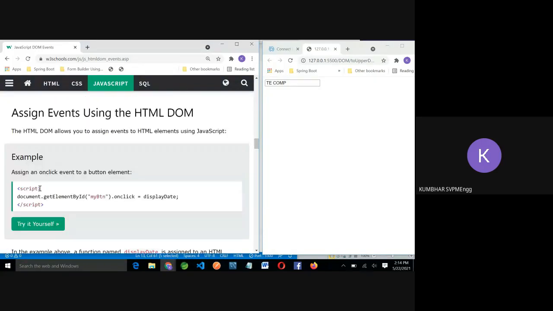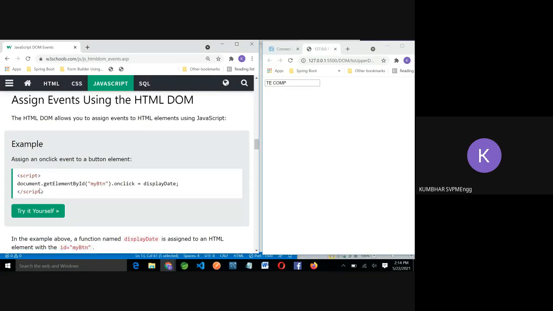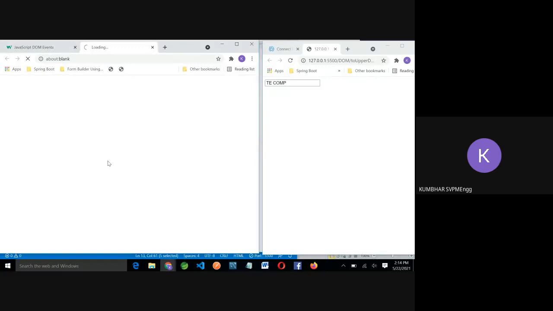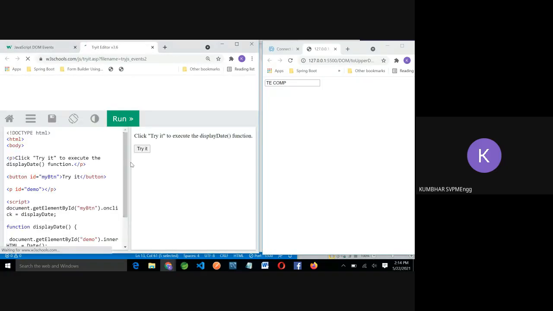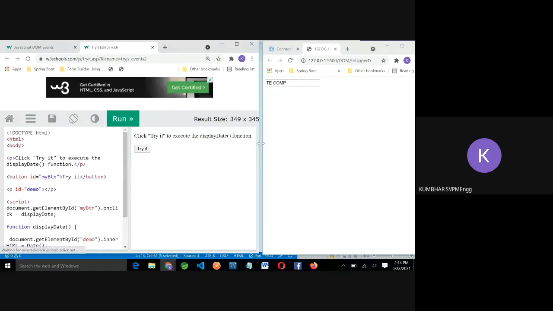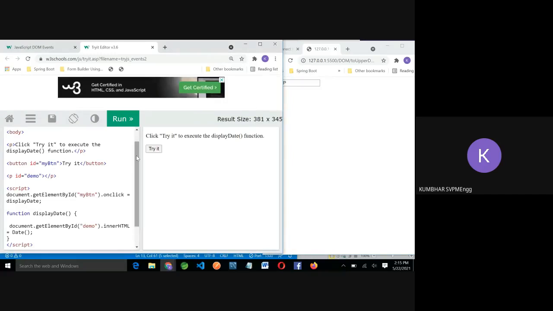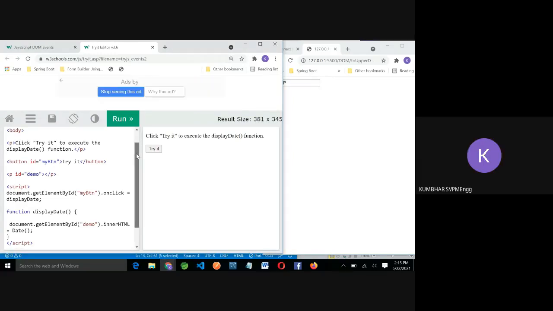Again, it is not compulsory that you should call the event from HTML only. From the script also, you can call the event. I will go to the code, I think that will be easier for you to understand. Are you able to see this document? Here is the body. Inside that, one paragraph is displayed. Then there is one button whose ID is btn.